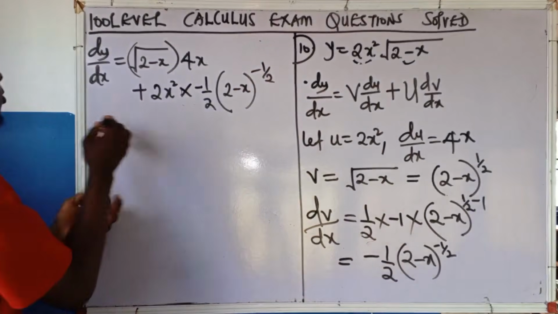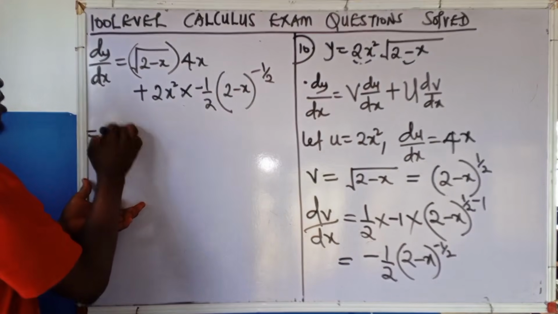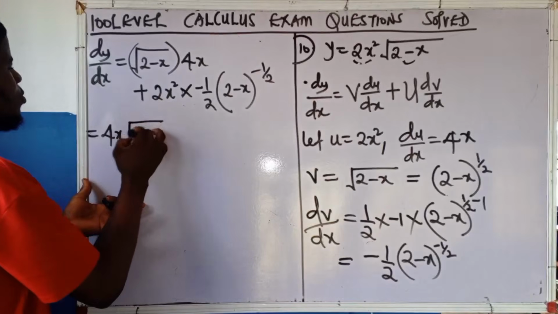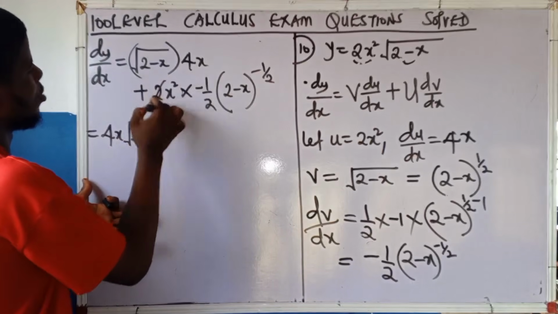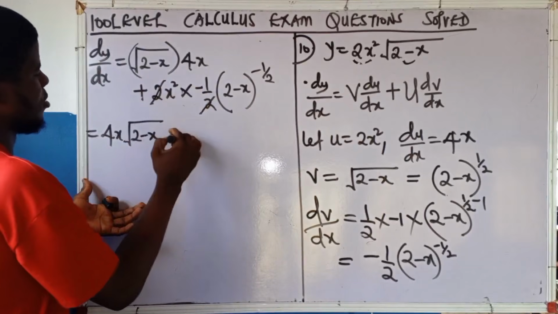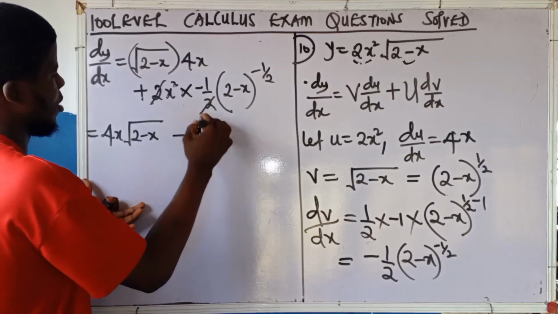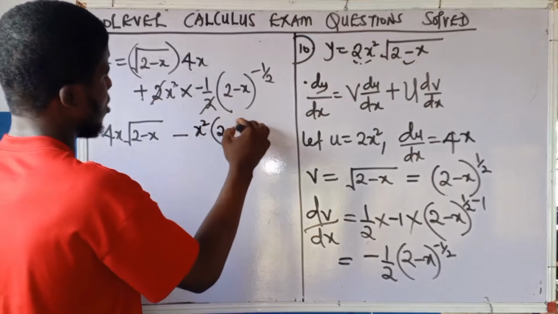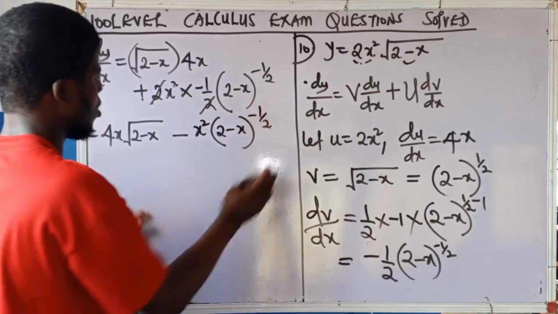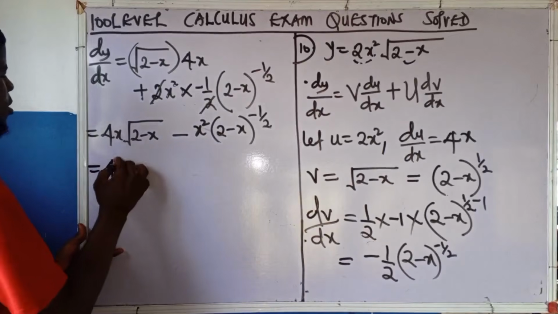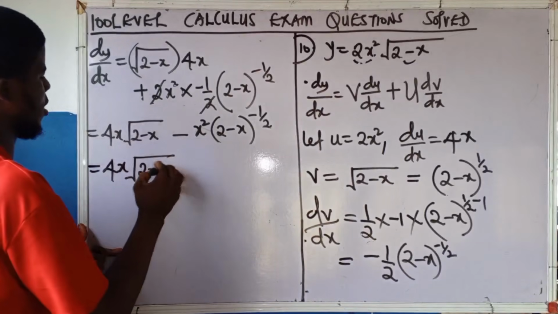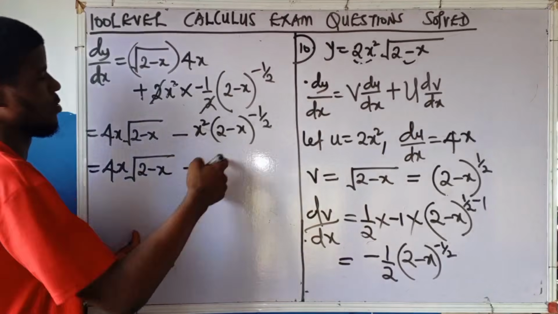Alright, so this is it. This is 4x into the square root of 2 minus x. 2 cancels 2. Plus times minus is minus. X squared times minus 1, of course, minus x squared into this 2 minus x to the power of negative 1 over 2. So this gives 4x into the square root of 2 minus x minus, what this will produce